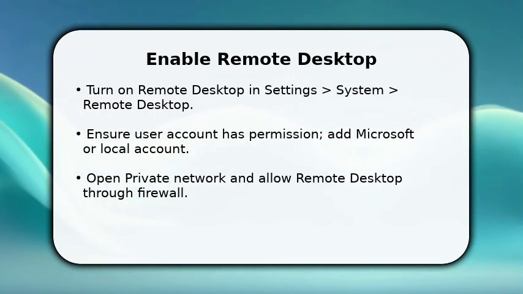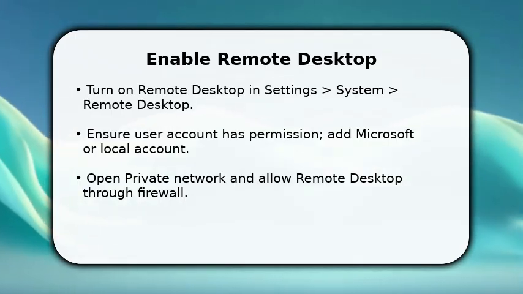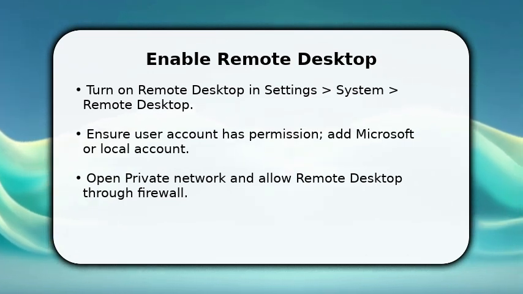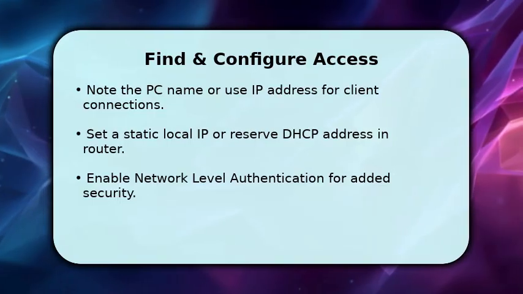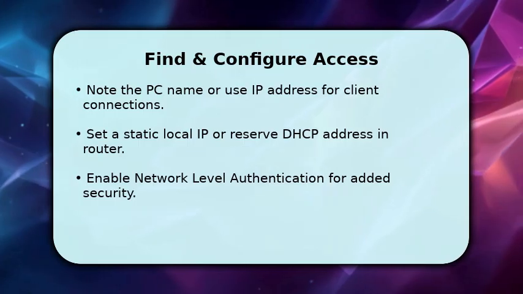This prevents blocked ports. These early steps prepare your machine to listen for remote clients and avoid simple permission or firewall failures. Next, you gather the address and lock down connectivity. Find the PC name in System About or run ipconfig to get the IP and use that on the client